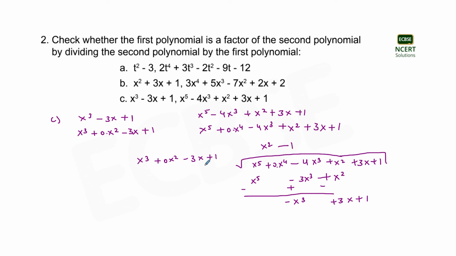So on dividing the first term of the dividend with the first term of the divisor, we will obtain minus 1. So here it will be minus x cube plus 3x minus 1. Changing the signs, we will obtain 2. As the remainder obtained is equal to 2 in this case,